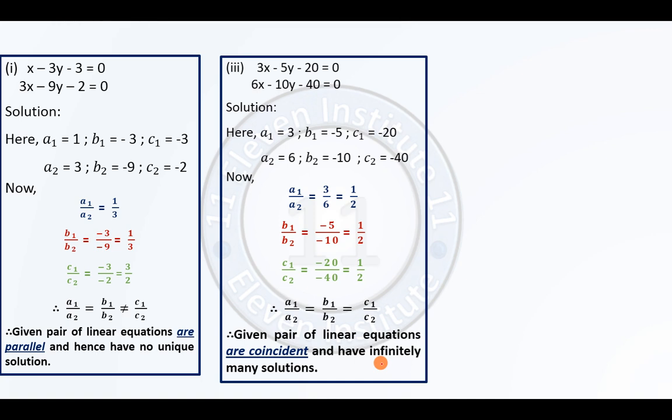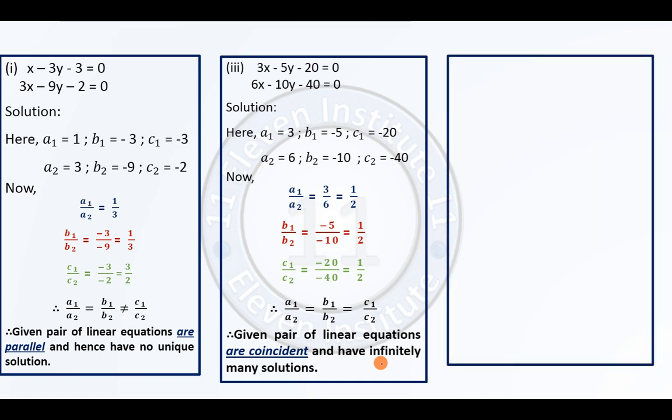Now we will see number 2. Obviously, now you will be having the idea why I have taken number 2 behind, because number 2 will be having a unique solution. Right, so out of the 4 equations, 1 and 3 do not have any unique solution, so we are not solving them further.